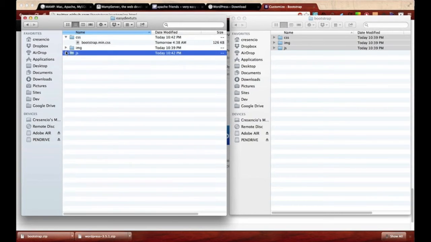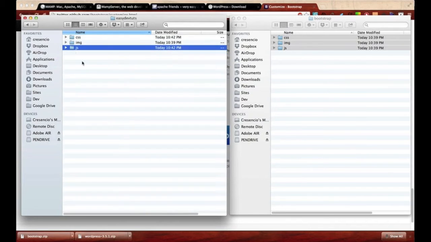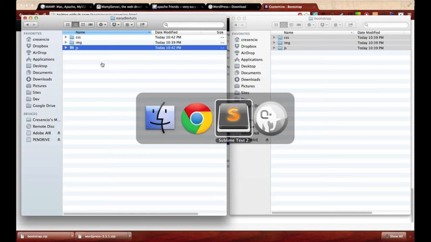Now we have that set up. Now, don't worry about adding any other files. We're not going to get into theme development yet. I just want to make sure that you have Bootstrap ready to go once we do. I need to go back to my browser, and I'm going to